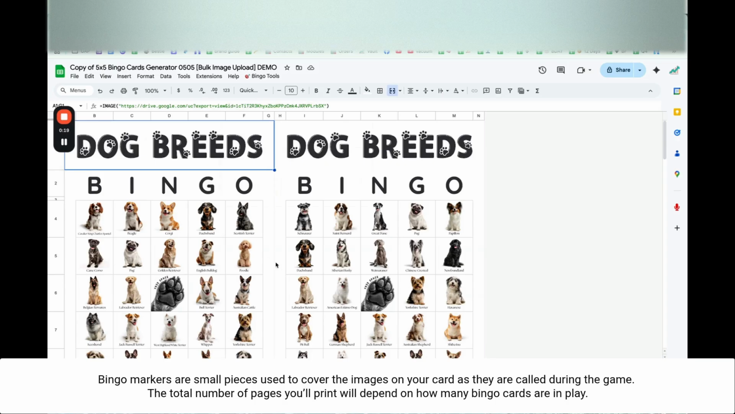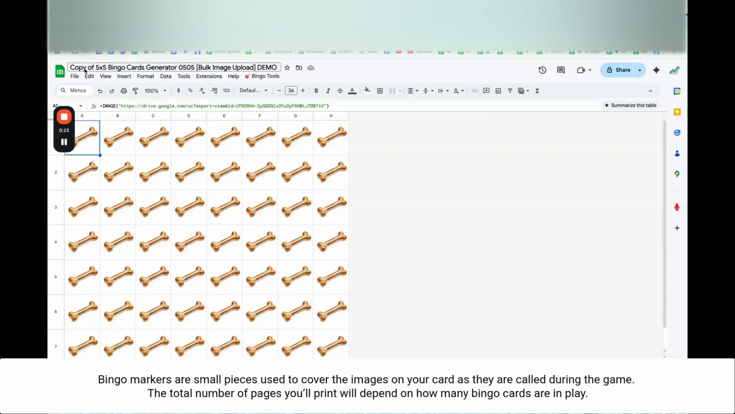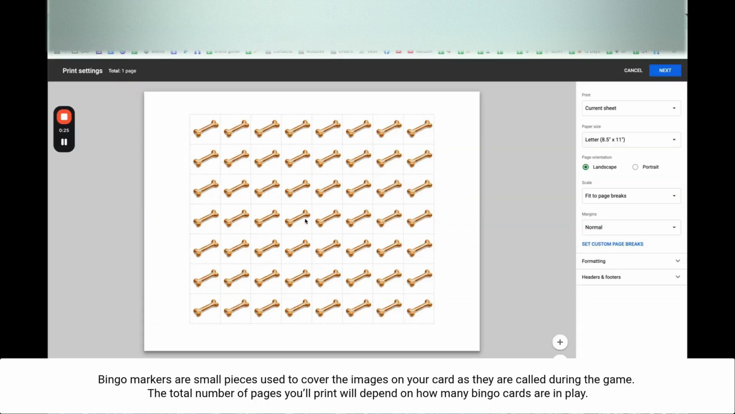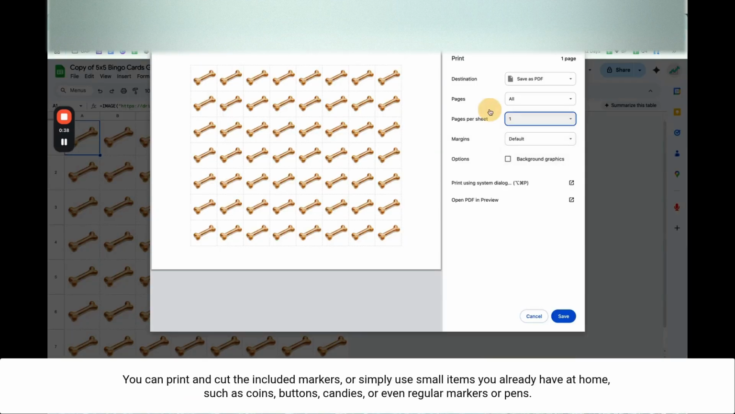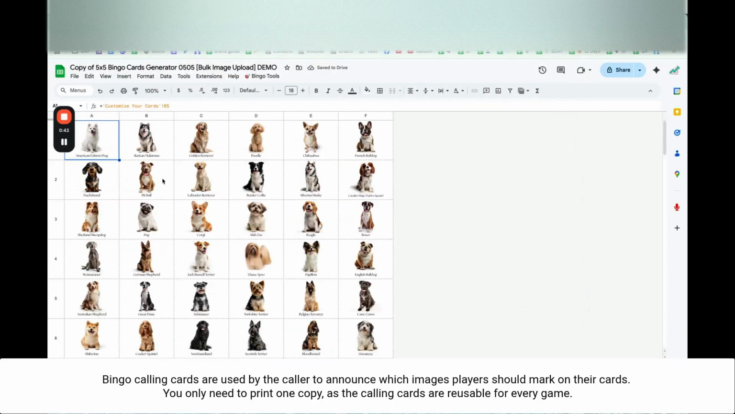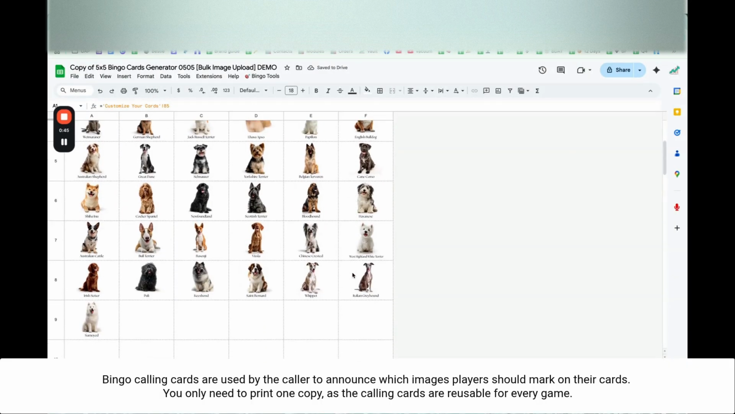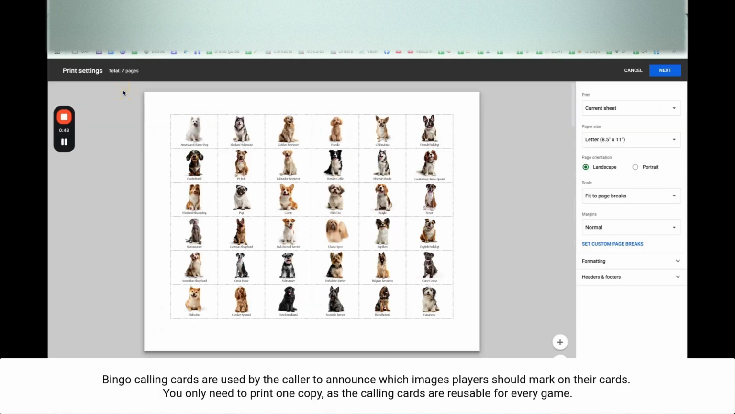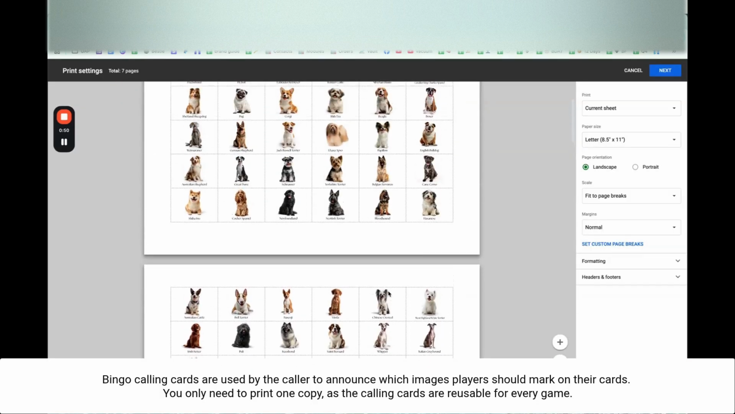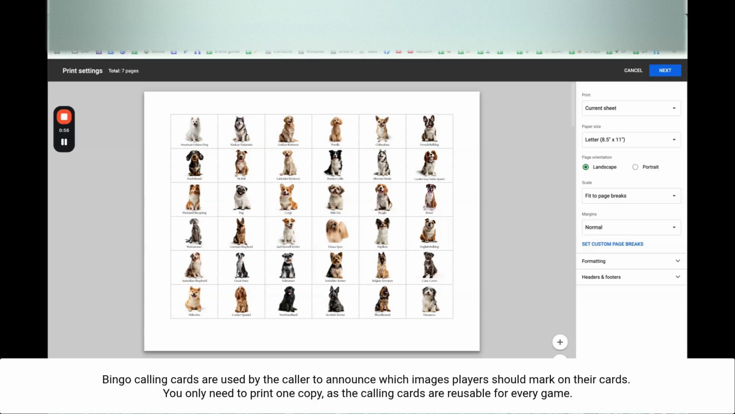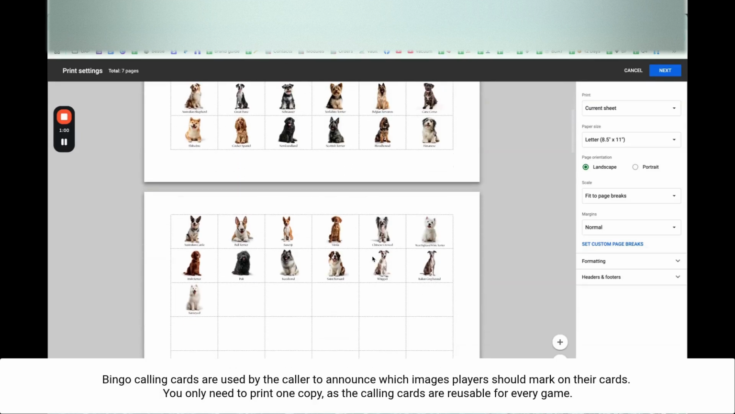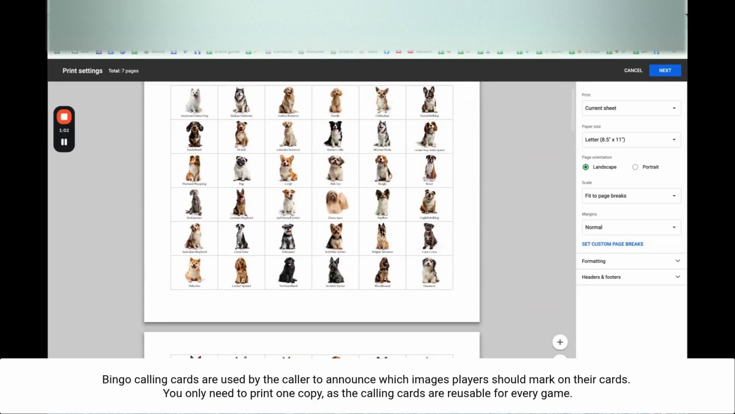To print your bingo markers, you just have to click here on the tab and then print, and this should give you one page, and you can go to next and you can print as many copies as you want. And for the calling cards, they're going to be automatically updated over here, so just go to print. So in this case, it gave you 2 pages. You only really need 1 copy of each page, because this is how you are going to be calling the